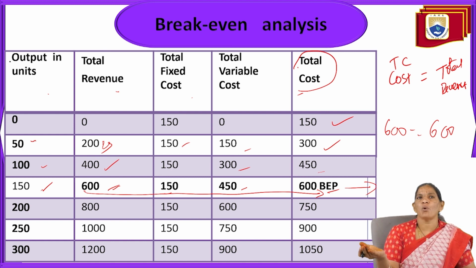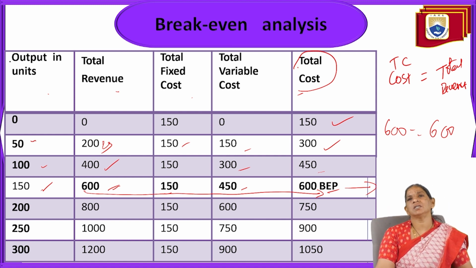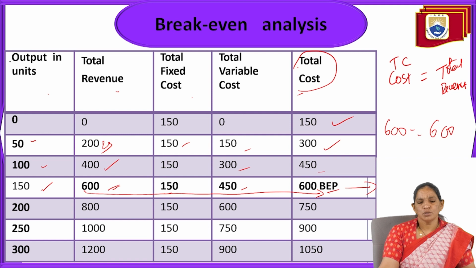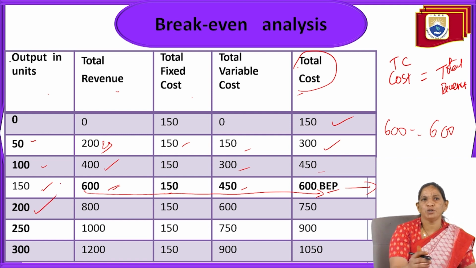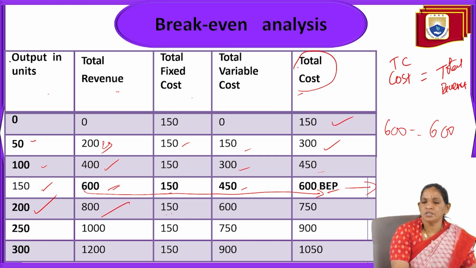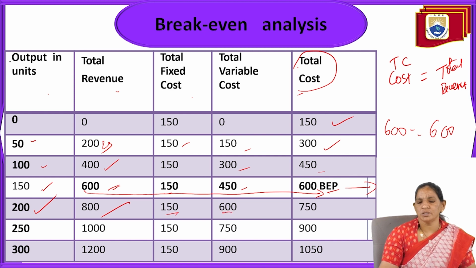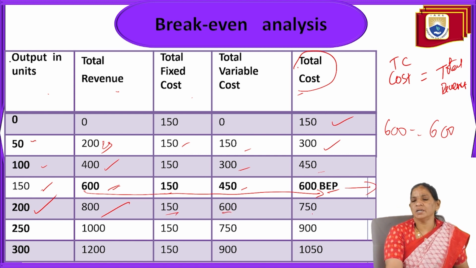Above this point, however many units are produced, whatever revenue we get, we can consider as profit. As we have seen, when it increased to 200 units, that is another 50 units more than 150,